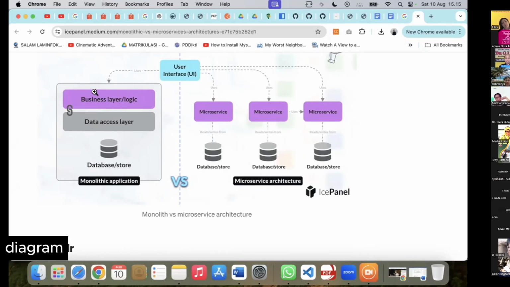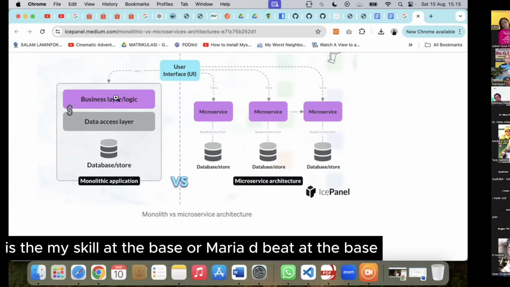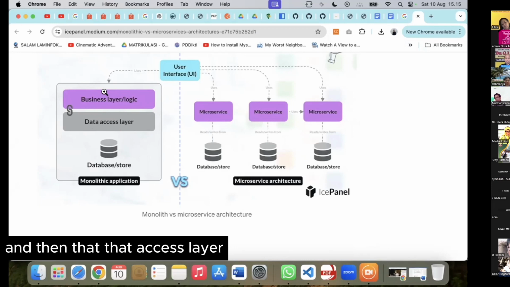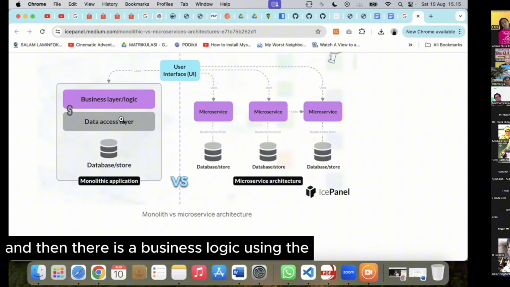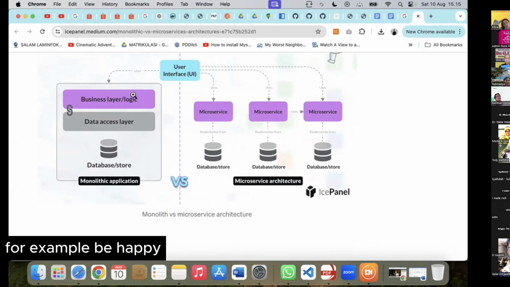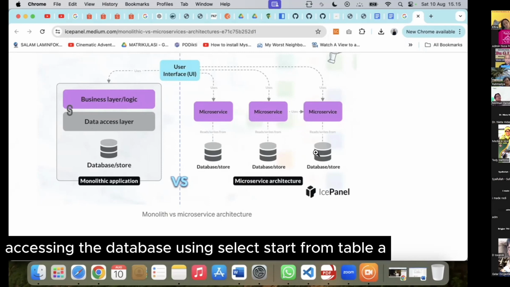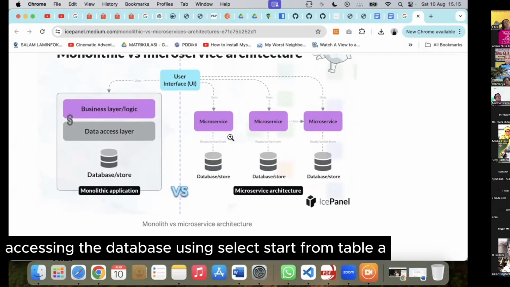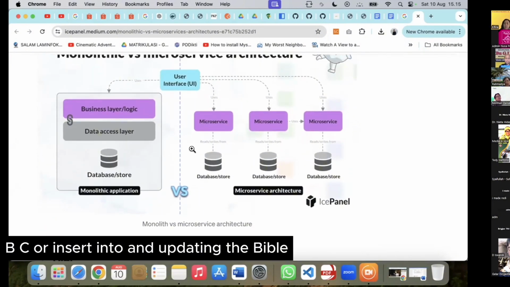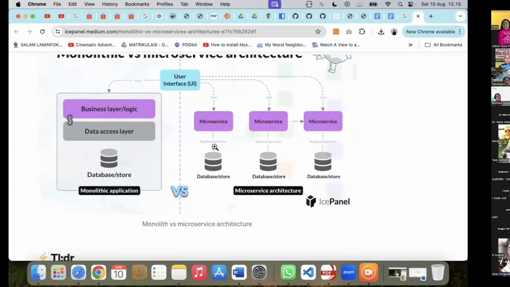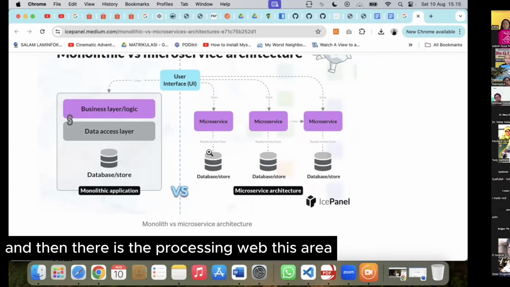This is a monolithic application, for example, with Apache and MySQL, a MySQL database or MariaDB database, and then the data access layer, and then there is a business logic using, for example, PHP, accessing the database using select star from table A, B, C, or insert into when updating the table. And then there is an interface using web usually.